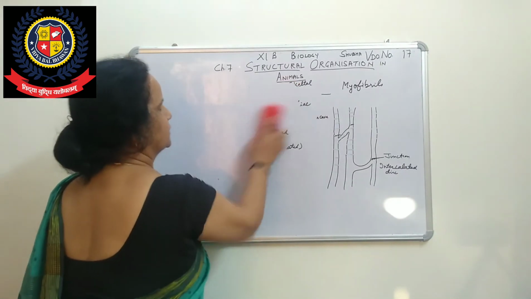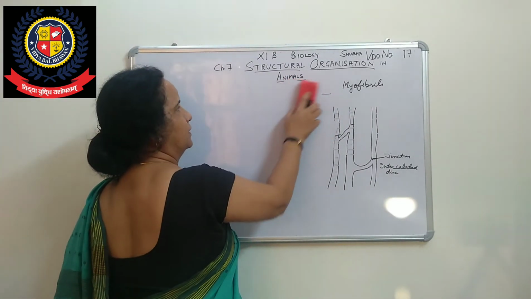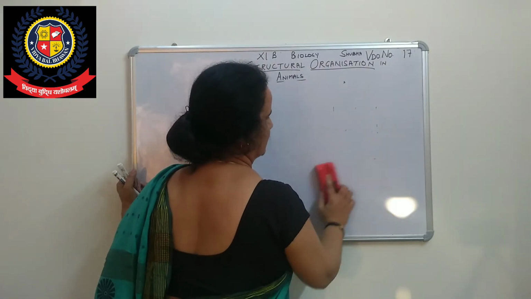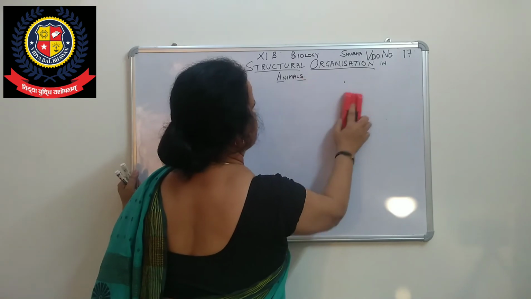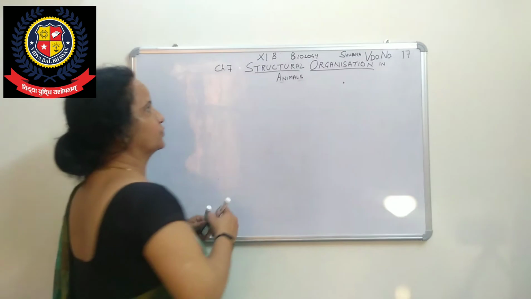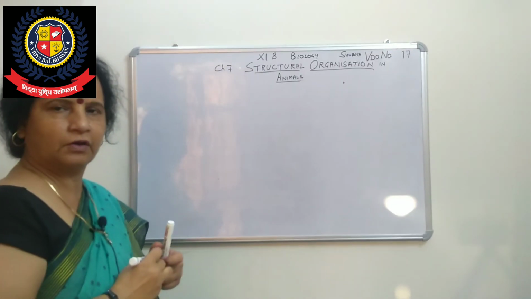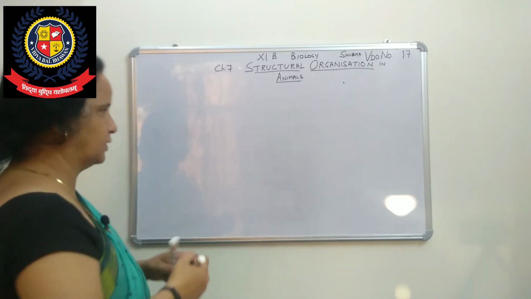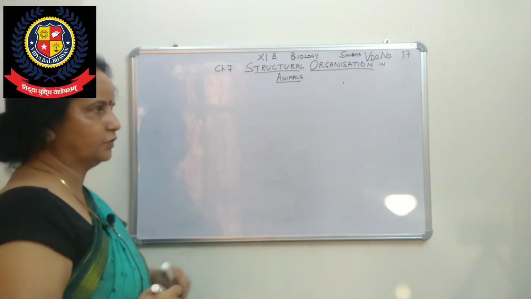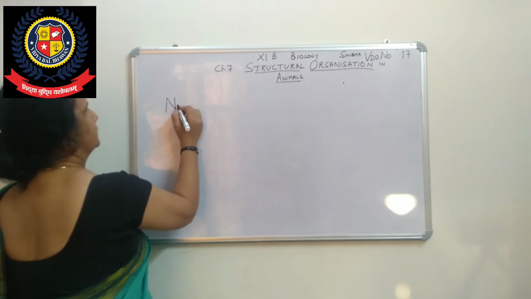Once again I am telling you about the tissue. We have to study this again in human physiology, in the second last chapter, I think, the neural system or nervous system in human beings. So we will study it again. Now I am telling only in brief, which is also given in brief in your NCERT book. But when we study that chapter in human physiology, we have to study it in detail. So here, neural